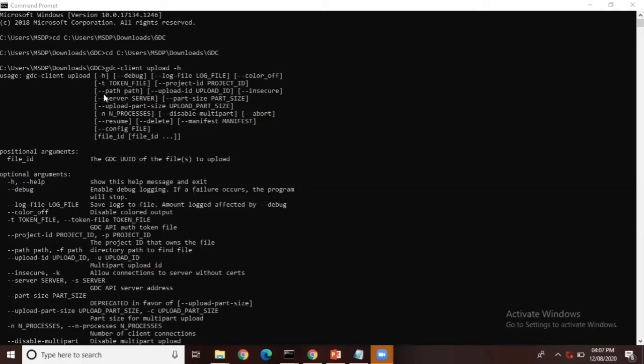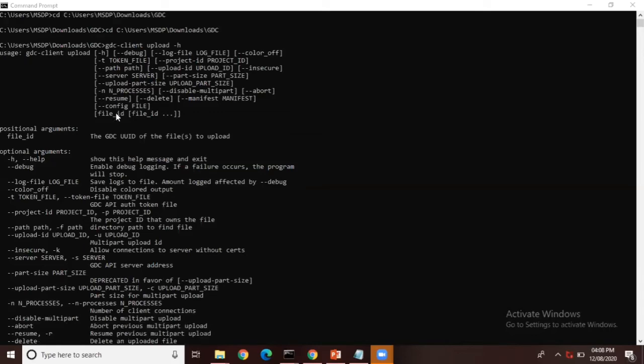If you have a token file and you want to download the controlled access data, you can use the token file, that is the -t option, with this particular command.